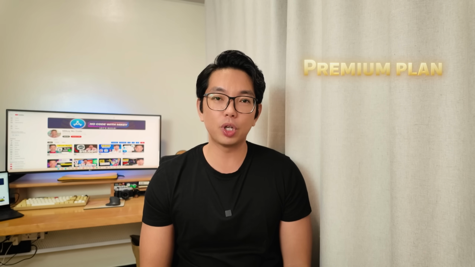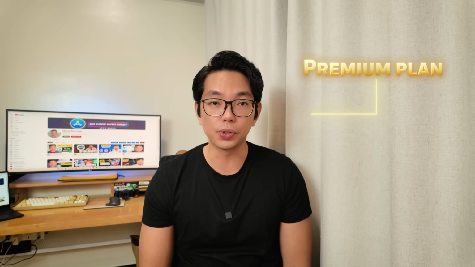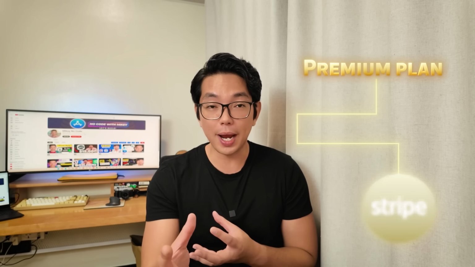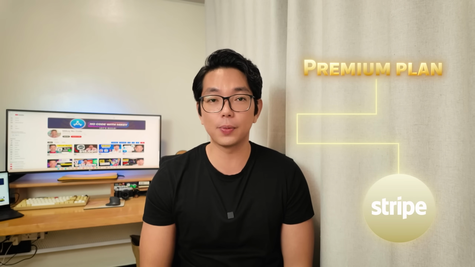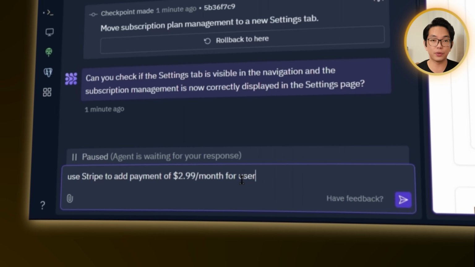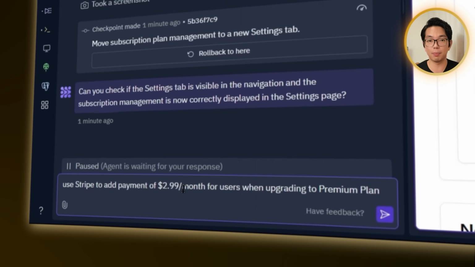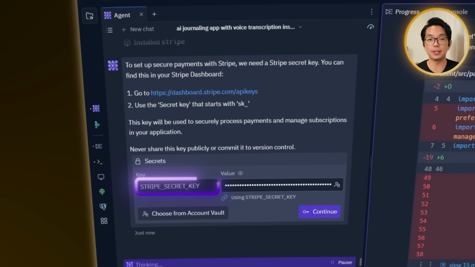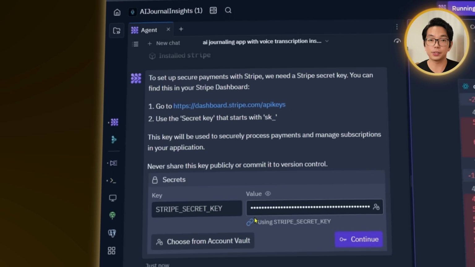So to make this premium plan possible to users, I need to integrate now Stripe for our payment processing. So I can type here, use Stripe to add payment of $2.99 a month for users when upgrading to the premium plan. Now Replit is asking me to enter the Stripe secret key to complete the integration between our two apps. So click this link,